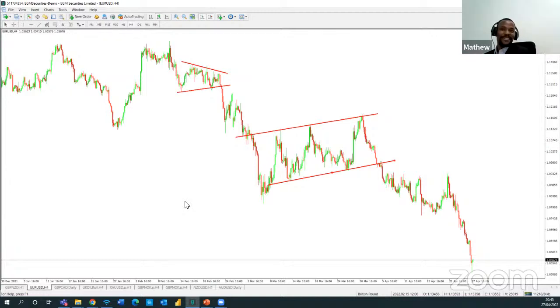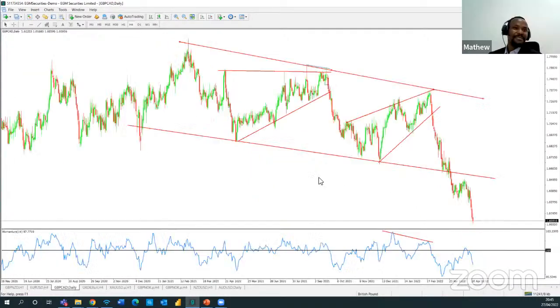Sure, and that avoids the other mistake where someone overanalyzes. You've analyzed the chart on 1 hour, you've gone to 4 hours, you've gone to daily, and now you're seeing different setups and you don't know where to enter. Exactly. Okay, so another setup on pound CAD, and what motivated me to look for this setup is